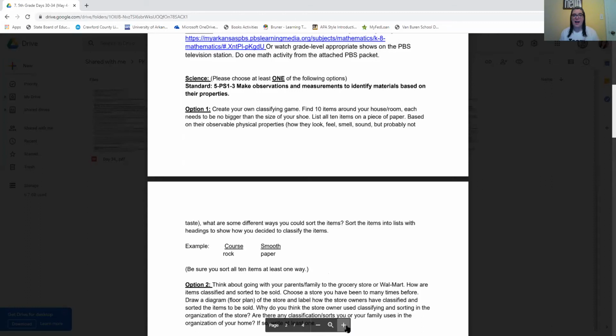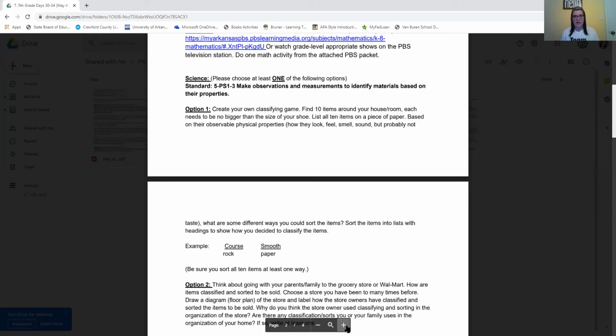So you're going to think about how they look, how they feel, how they smell, how they sound. Probably not taste. You don't want to put things that you find in your room in your mouth unless it's food. What are some different ways you could sort the items? Find 10 items around your house or room that are no bigger than your shoe, list them on a piece of paper, and then find different ways that